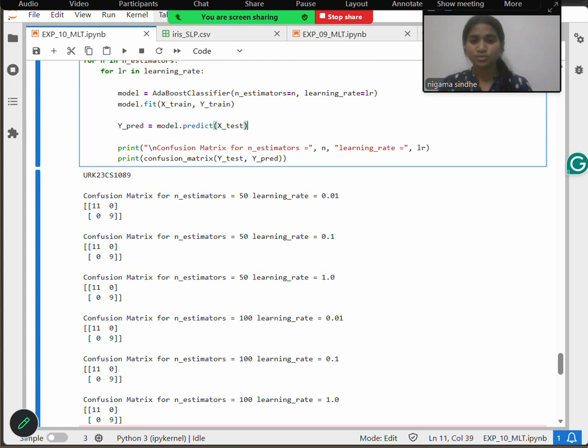And AdaBoost focus increases on the wrongly classified points, unlike random forest classifier. So, concluding from this experiment, we learned how ensemble methods improve model performance. Random forest works by combining multiple trees, while AdaBoost improves by focusing on errors and by using a metric called learning rate. Both techniques provide better accuracy compared to single models. Thank you.